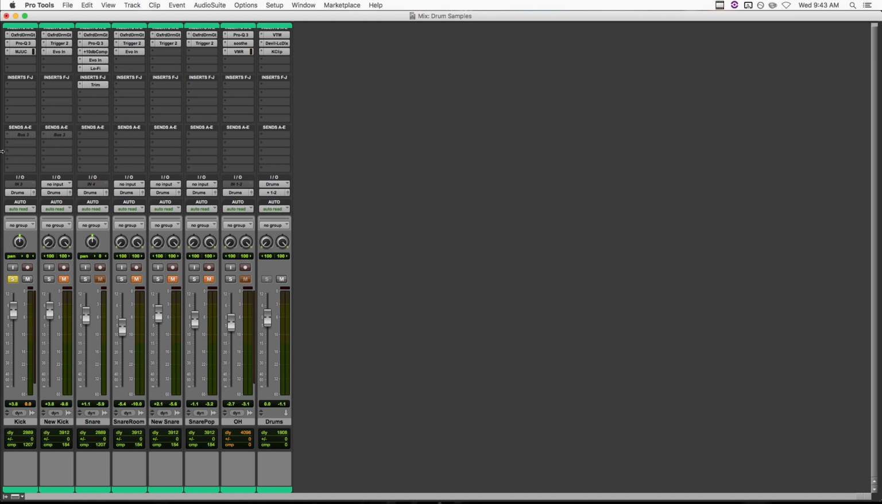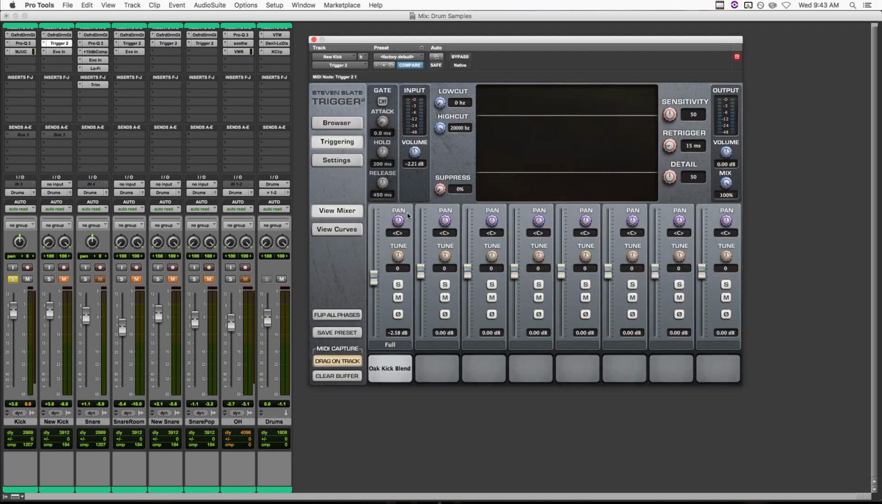But in this case, like I said, I don't like the sound of this kick, so we're going to use something totally different. In this case, I'm using my oak kick sample, and by the way, all the samples I'm